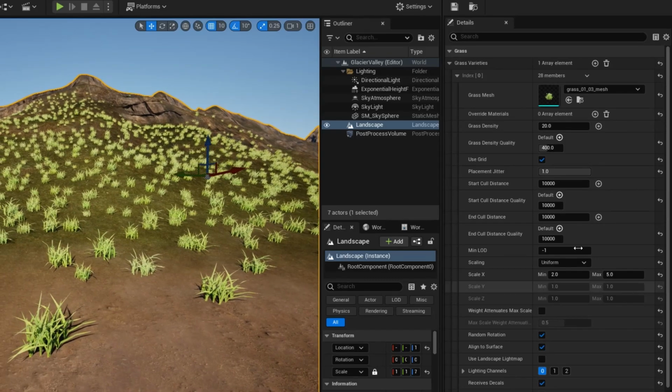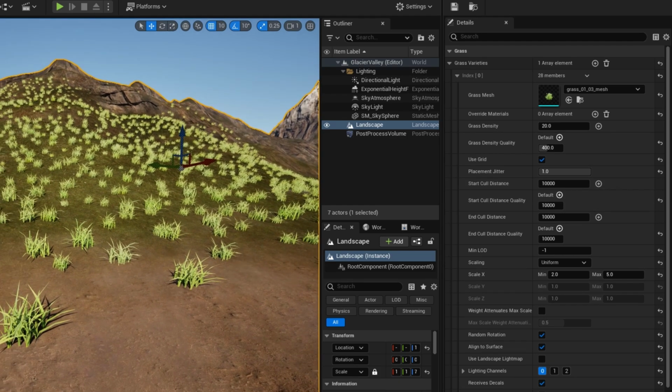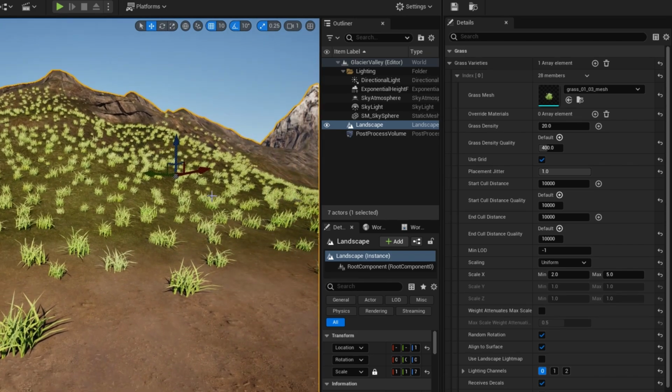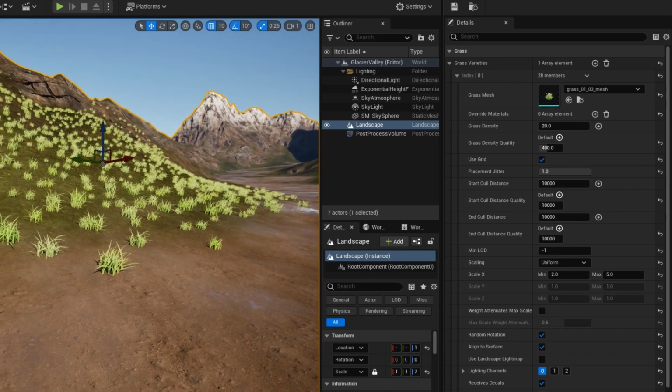Other things we can do is look at the culling distances as well. We didn't really look at that with the stones. Obviously, if you don't have any culling distance at all, it'll show all the way over your landscape, but it will be a big performance hit. At the moment, it's starting culling at 10,000 units and ending at 10,000, so that's a hard stop at 10,000.